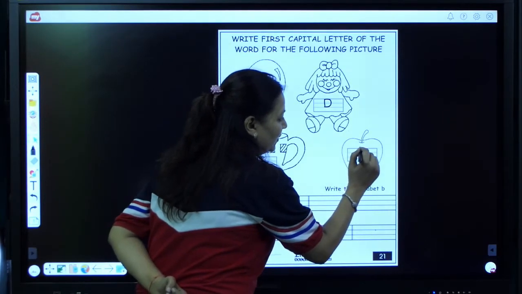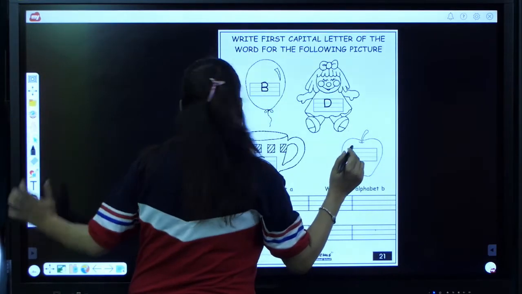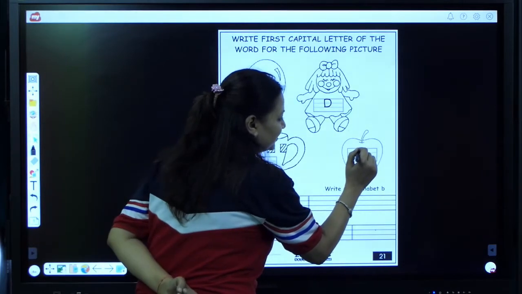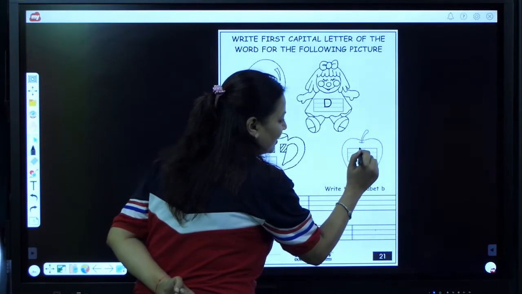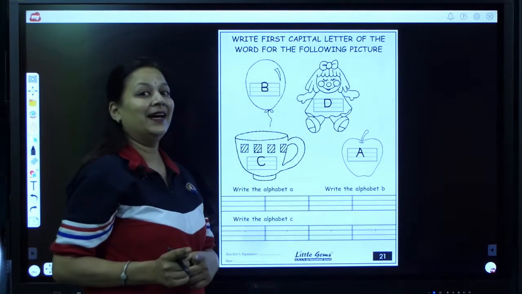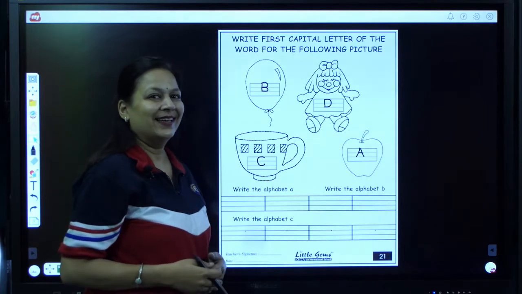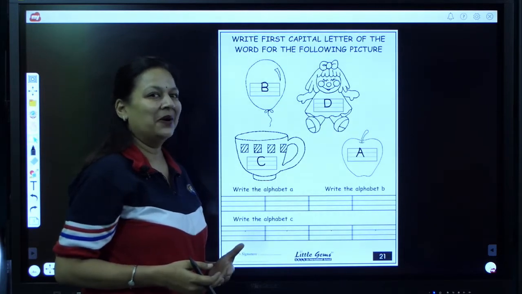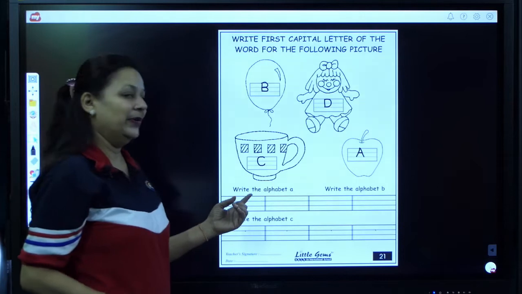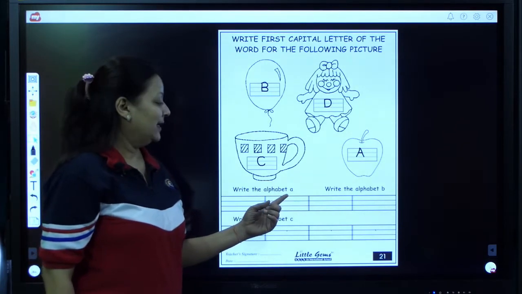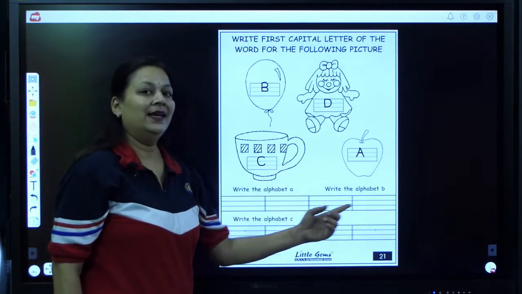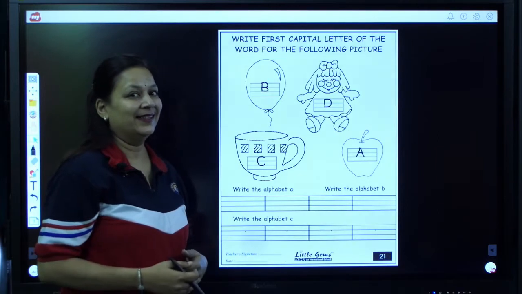We should be careful about the formation. Now it's your turn to write A in the box. Have you done? Great.